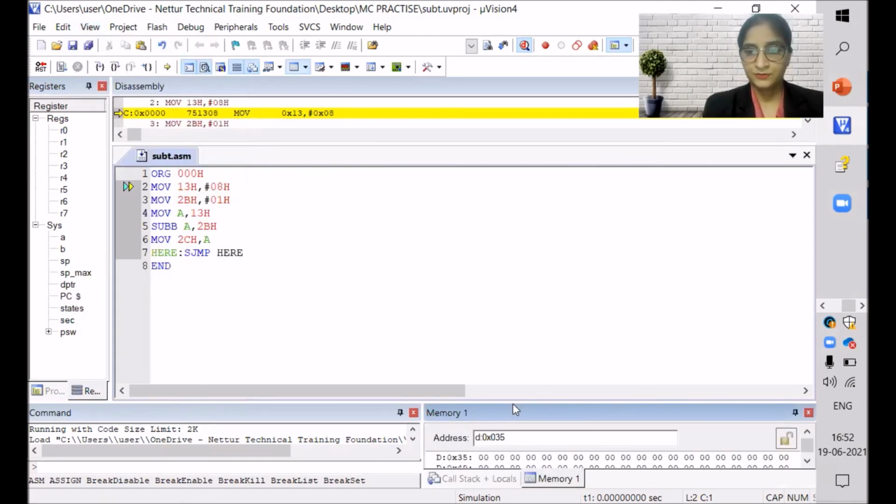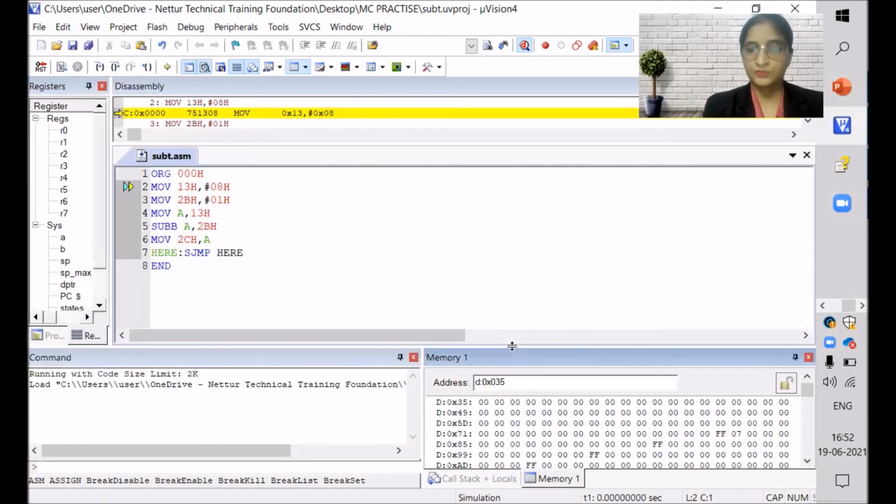Okay, so just maximize somewhat. Now which location do you want? You have to check it. So first you want the input in 13H, so you have to write here 13. Now this first data is your 13H. Now you do the first step.